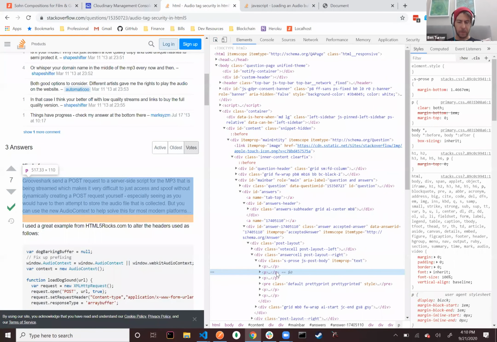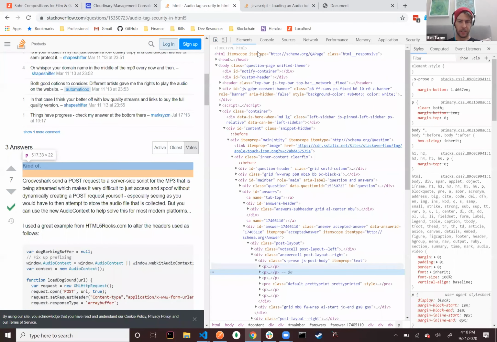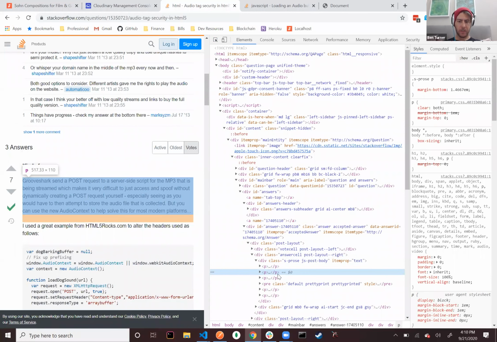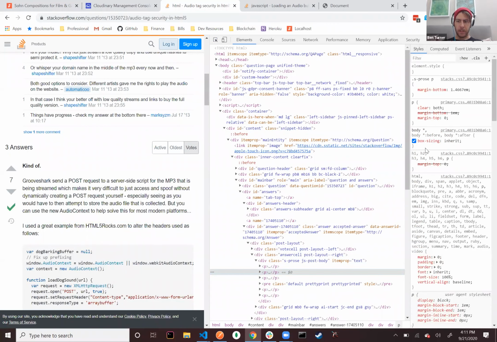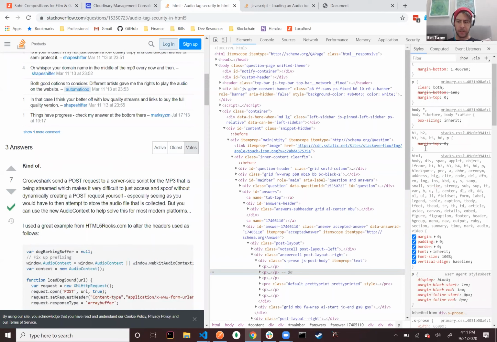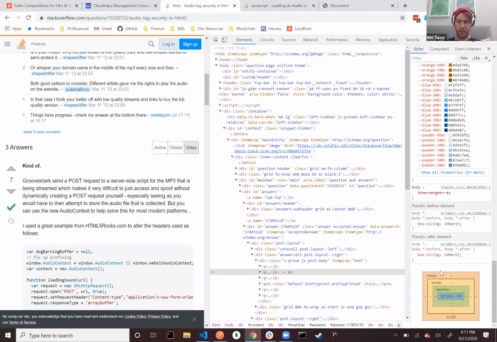You can dive right down into it. You can see it in the context of the entire tree. Super awesome. Once an element is selected, of course, in this area you can see all the styles that are being applied. We'll look at this a little bit more, but you can see all the styles that are being applied, as well as the CSS Box Model Representation here, which is